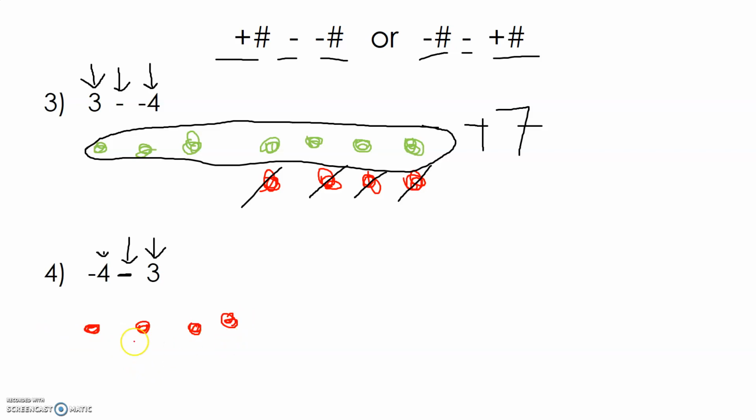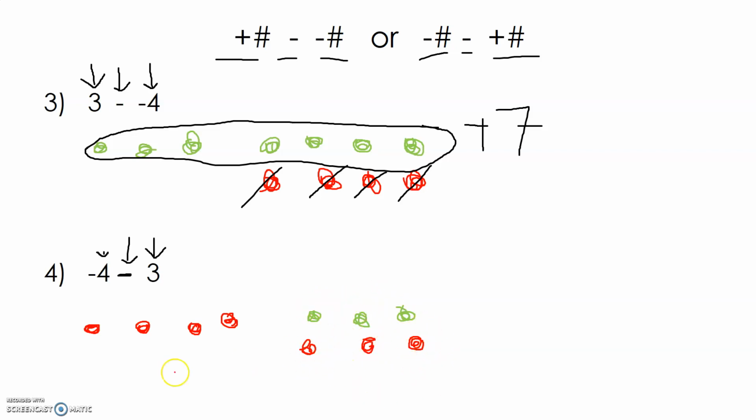However, do you guys see 3 green counters? I do not. So that means we need to add 4 zero pairs. Or I'm sorry, 3 zero pairs. So I'm going to add 1, 2, 3. And I also need to add the red, 1, 2, 3. Okay, again, my value here is still negative 4 because this positive 3 and this negative 3,